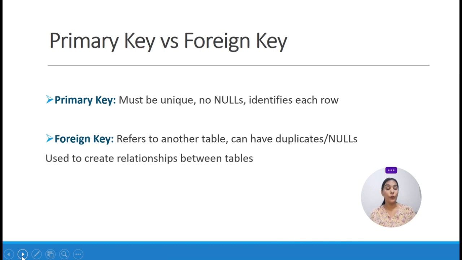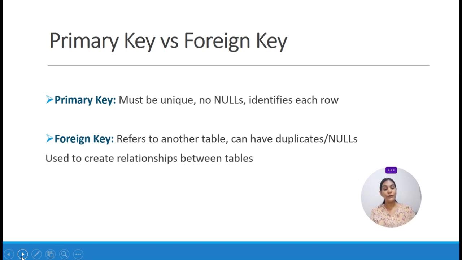Then the foreign key. When we create a database, we do not have a single table, it is always multiple tables. If I take the example of a student management system, student is not alone part of it. There is a student, a department, and a faculty table. These are the three main tables. We also have other tables associated with marks or academic records. If I consider these four, it means to create any database, we require more than one table. And we make sure that there should be some relation existing between them.